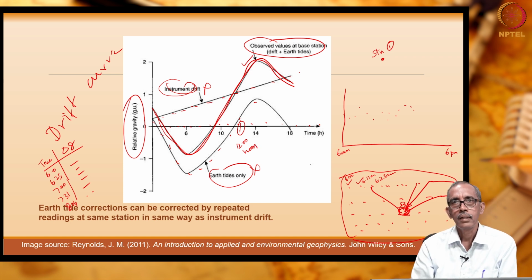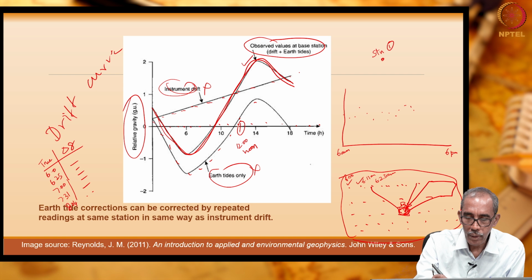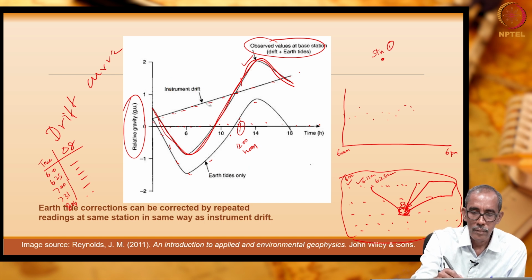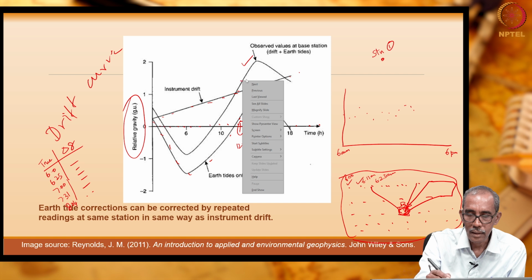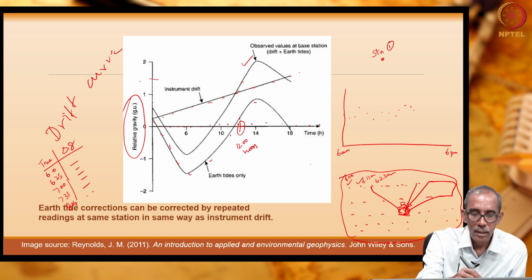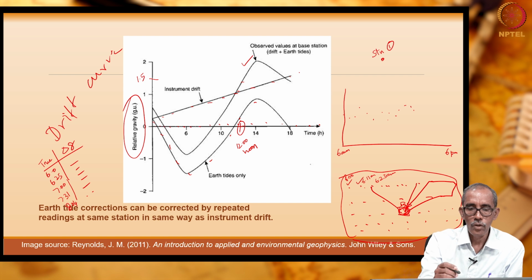How will I do that? Suppose here the readings that were taken, let us say at 6 am, how much is it different from 12 noon? The 12 noon value is here. I will erase the rest. At 12 noon, the value we have obtained is this. Let us say it is 1.5 gravity unit. I want to change, this is going to be my reference.